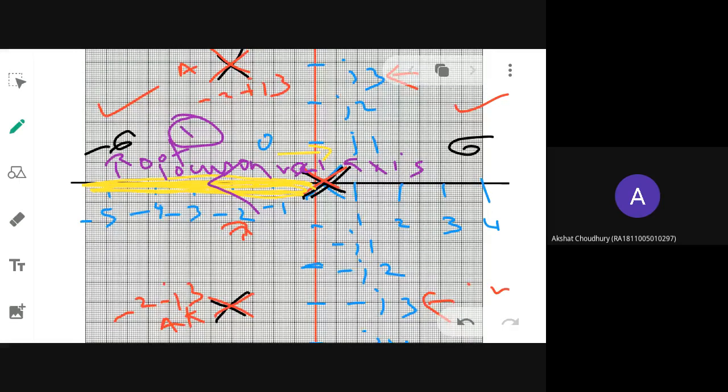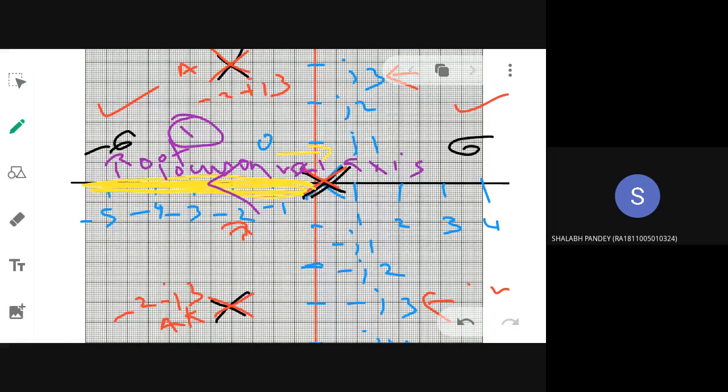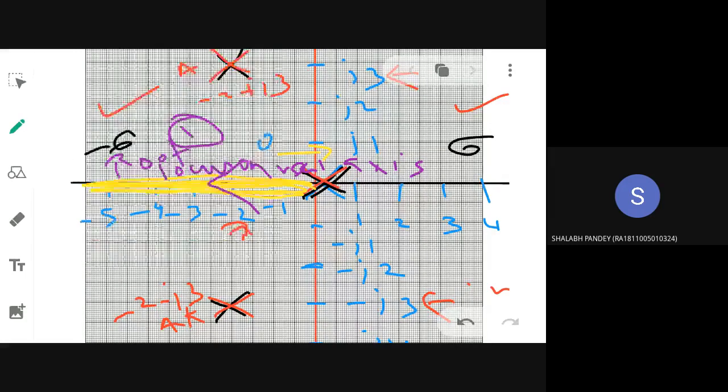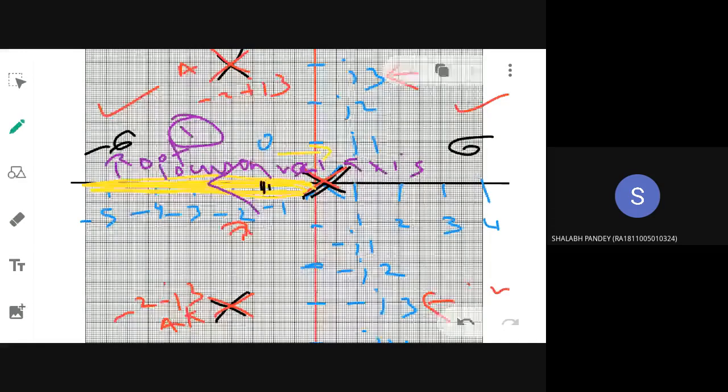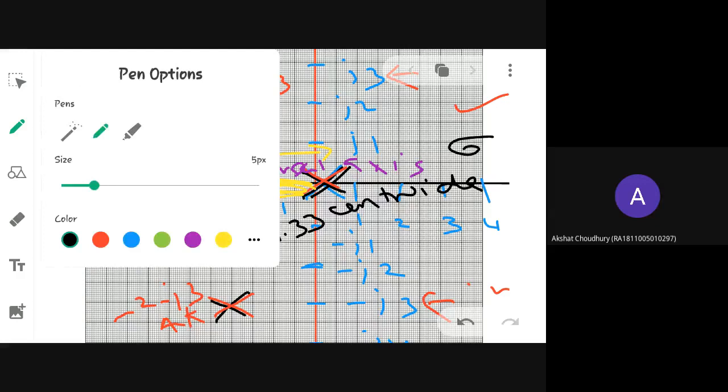Next, what is your third step? Third step, you need to find out the angle of asymptotes and centroid. So you already found that out. What is your centroid point? Minus 4 by 3. So where will you have it? Somewhere here you will be having minus 1.33. So I have marked that centroid. This is my centroid point. Okay, from that centroid I have to mark the angle of asymptote. So what are the angles of asymptotes that I am having? Plus 60, minus 60.